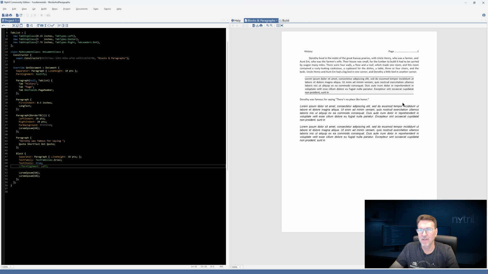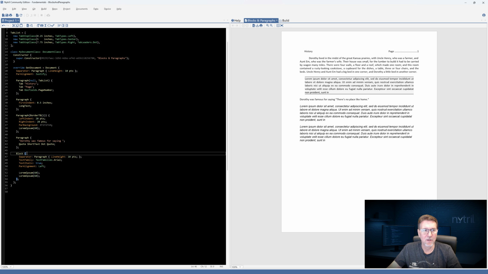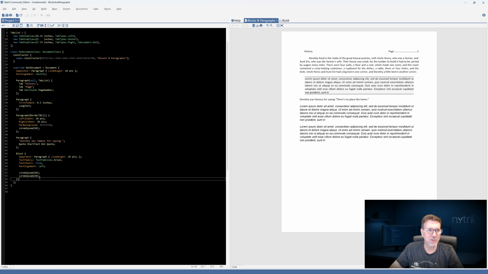F5, and they did justify. So par alignment passed through. So that's an example of how certain properties are passed down through inheritance, others aren't. And sometimes you need to place a block, put specific content inside that block, and control the formatting within the scope of that block. So that concludes our discussion on blocks and